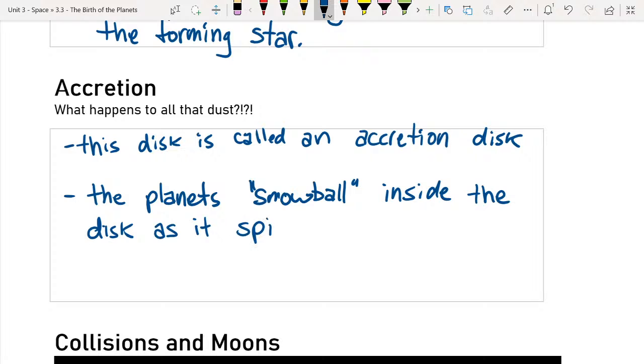Are we all okay if I just keep the explanation pretty small like that? I could write 3 whole pages describing it step by step, but I don't really care that you know it in that detail. Basically, if you understand that this cloud of dust spins so it flattens out, and then as it spins, the middle becomes the biggest, heaviest part, that's going to give you the star. And on the outside, you get all these balls of gas and dust snowballing until eventually each of them becomes a planet. In some star systems, one of those orbiting planets will actually get big enough that it also becomes a